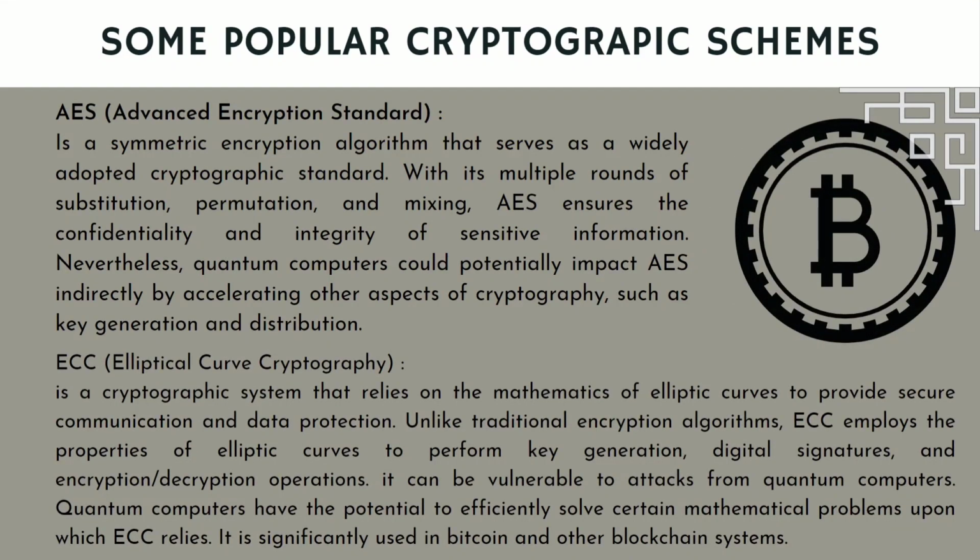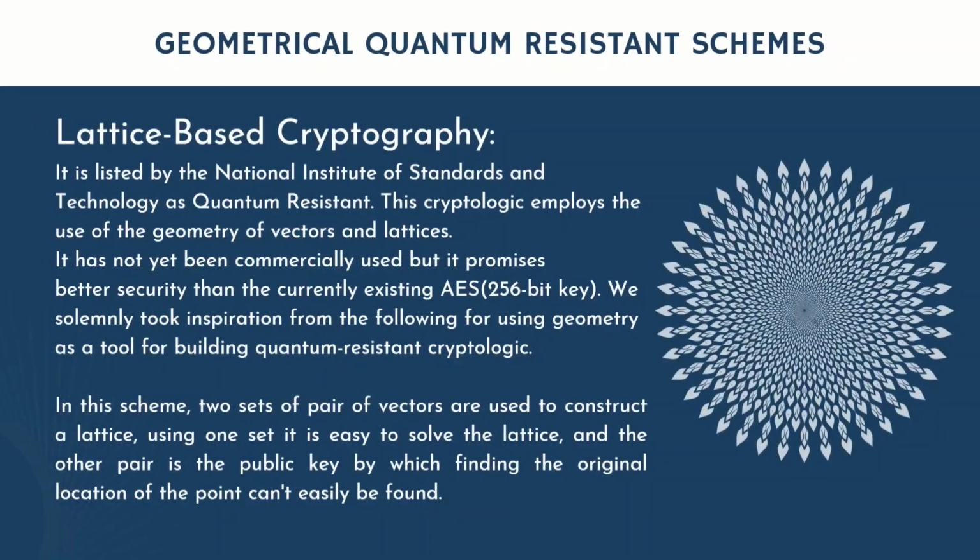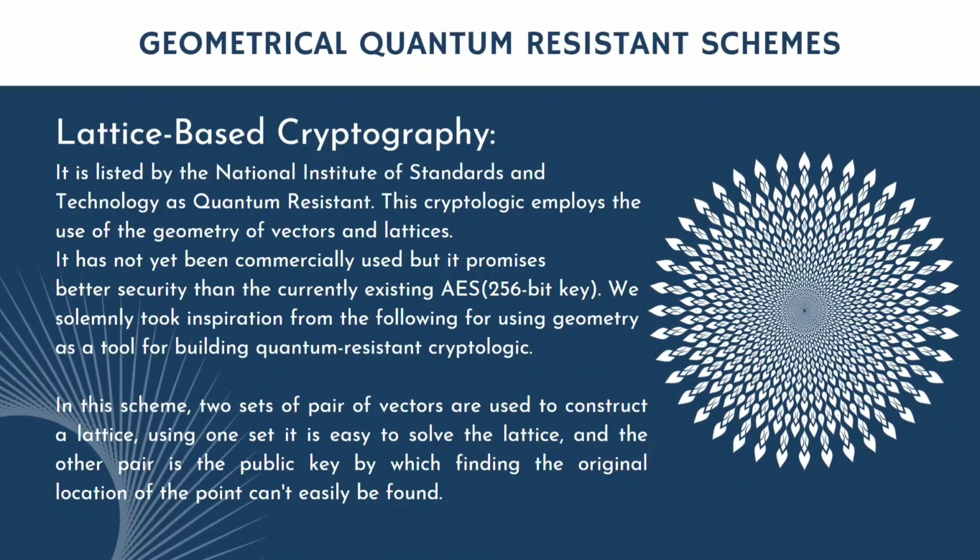Now, as I mentioned, there are some popular pre-existing cryptographic schemes like AES and ECC. ECC is prominently used in Bitcoin and other blockchains. Now here come geometrically quantum resistant schemes, as I said. But first, let's say what the geometrical approach or geometrical framework is that could be employed to build a trapdoor function. For example, in ECC, we use that curve particularly, and the relation as keys, to generate keys and use them as a trapdoor function.